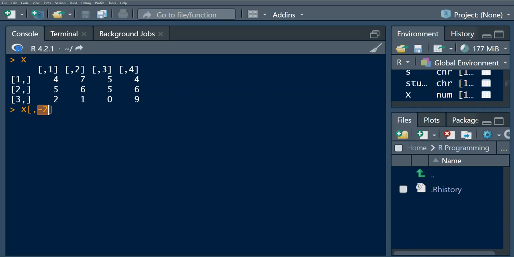Remember, when you specify negative, it means omit, right? So from this matrix X, return all the rows and omit. We left the index for the rows to be blank. So we are going to return all the rows and omit the second column. And let us run that. As you can see, it has omitted this column,